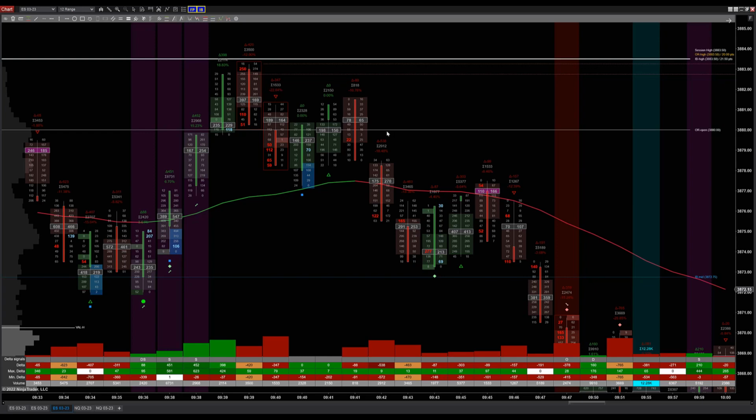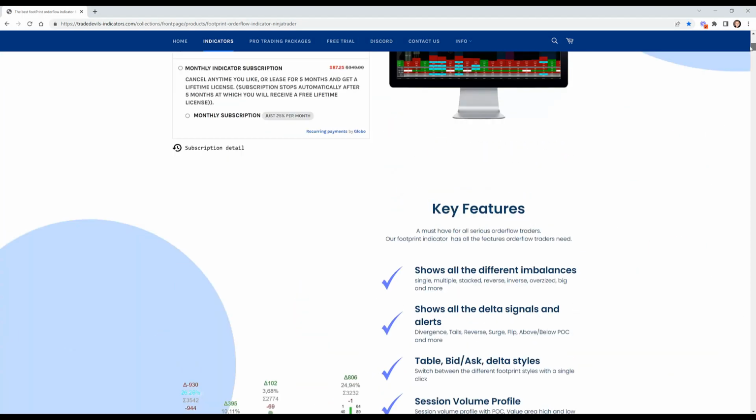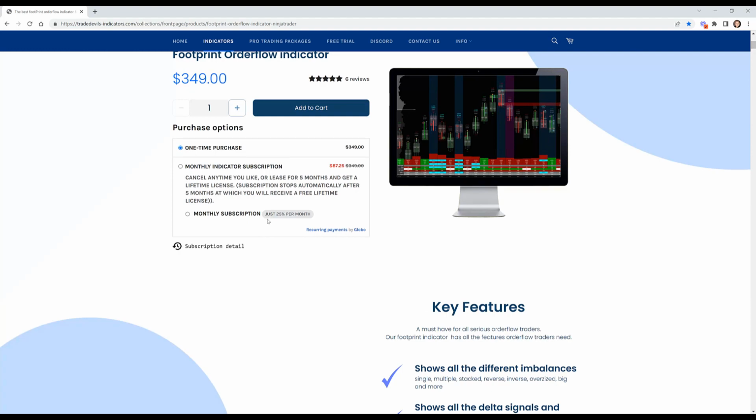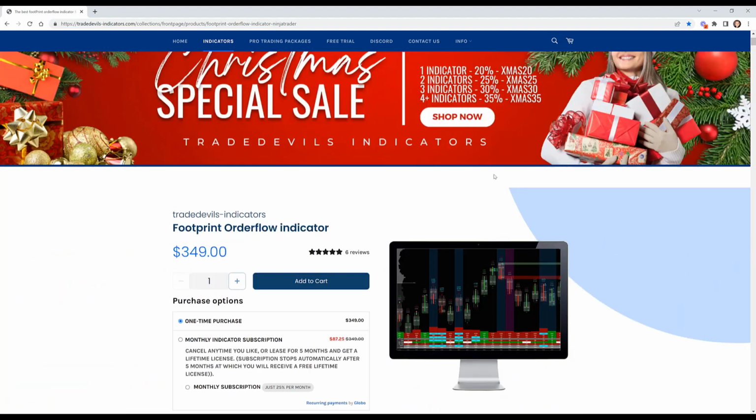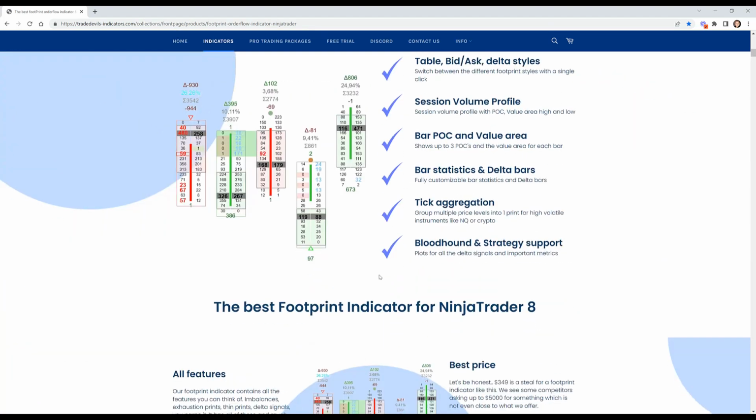So as a result of that, I am going to walk you through this. I'm trying to be as deliberate and focused as I can as we go through it, but there's a lot here, so we've got to at least have this one location where you can come, and if you needed a little clarity, you could do that. Now, of course, in addition to that, let me take you over to our website. Let me go to the top of the page. This web page is really an online manual. It really is. Just over on the website, Footprint Order Flow Indicator features, but then there's a